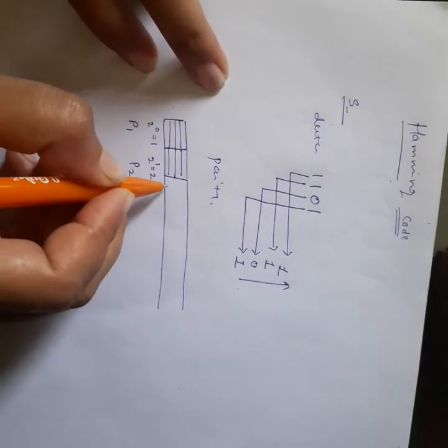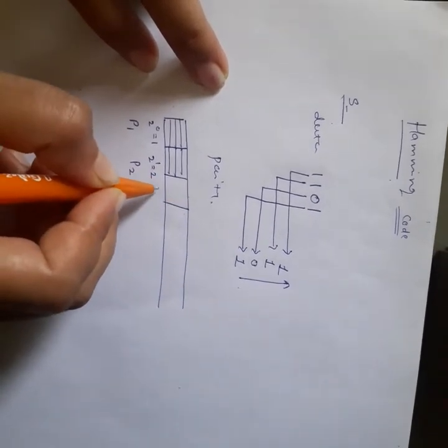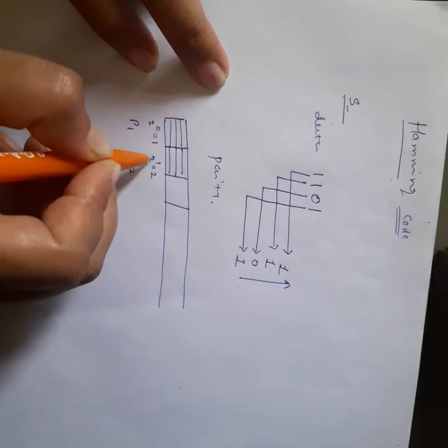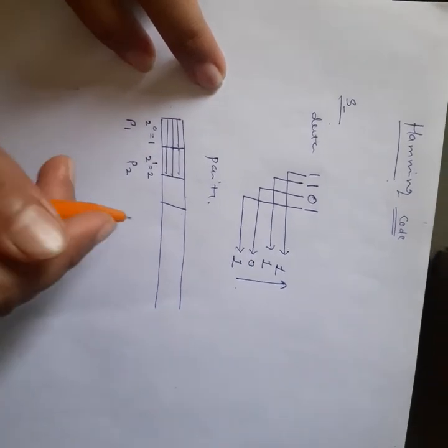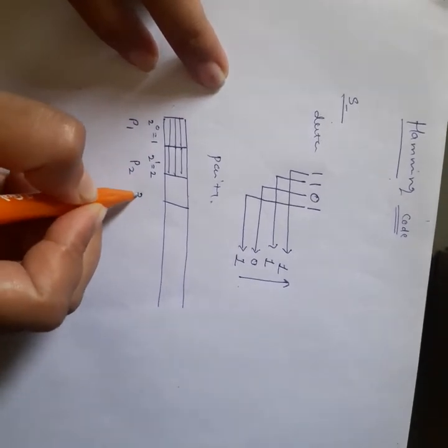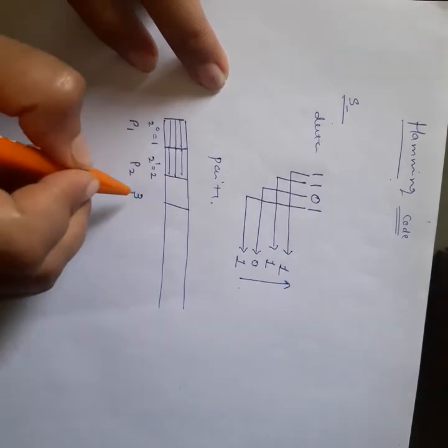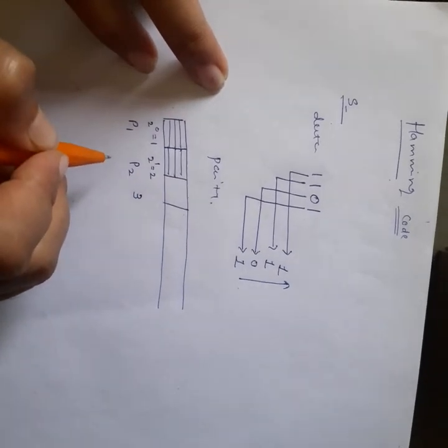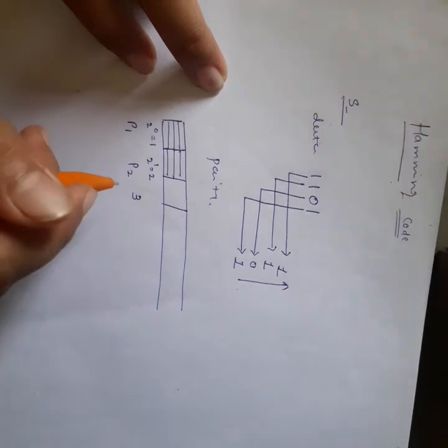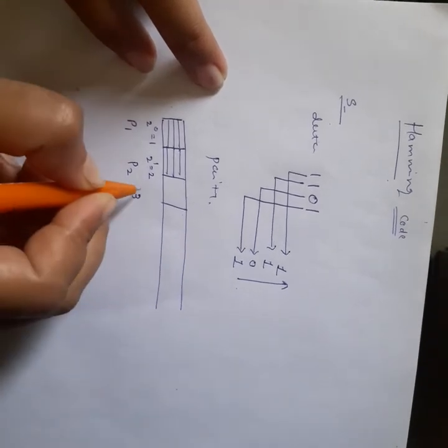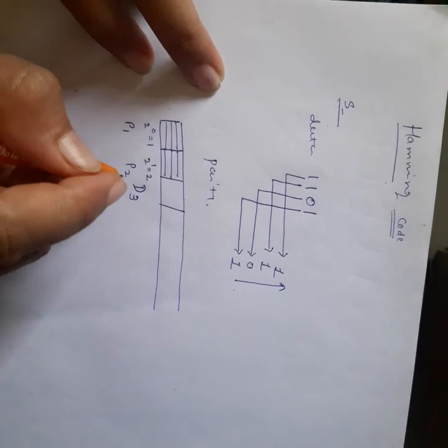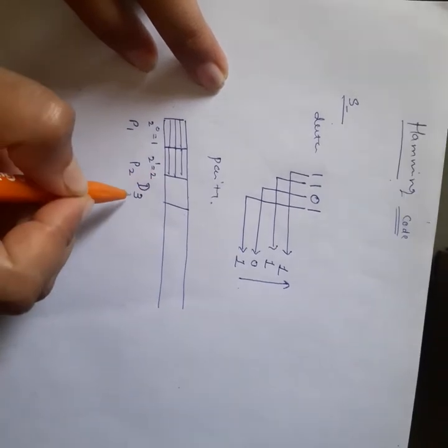Then after, 2 raised to something is not equal to 3, right? So you have to see here 2 raised to something. It can be anything. So this is third number position over here. So here in third number position I cannot put my parity. Why? Because it is not coming under 2 raised to something. So here we are going to store our data bit. So that's why we do call it D3.